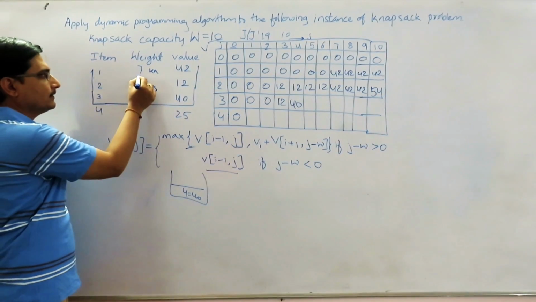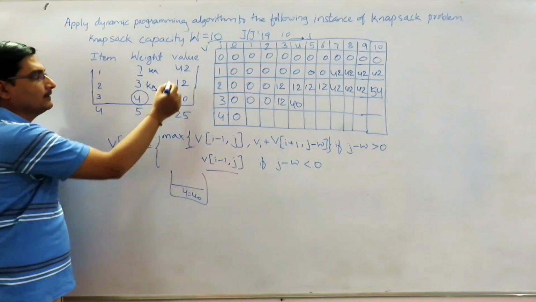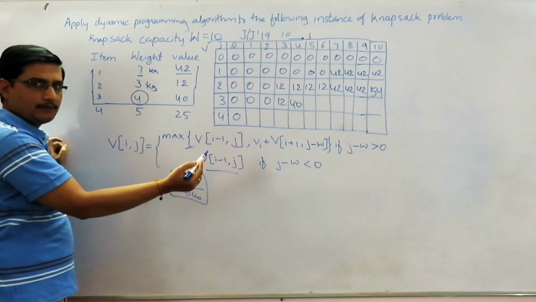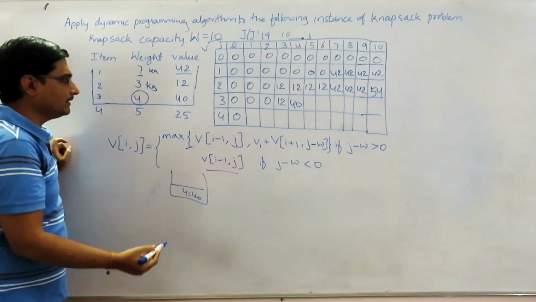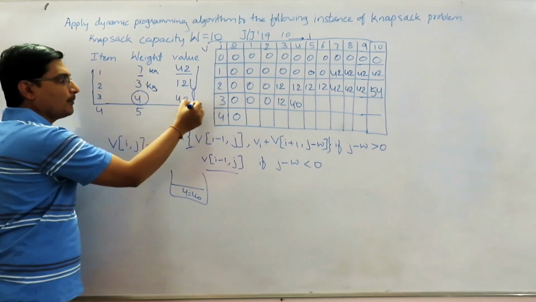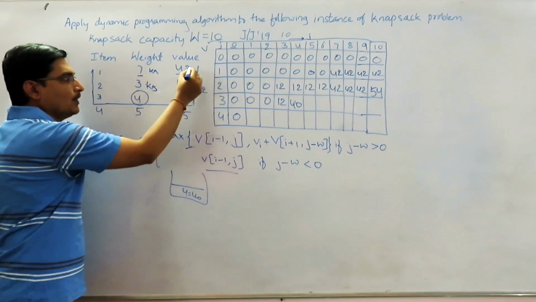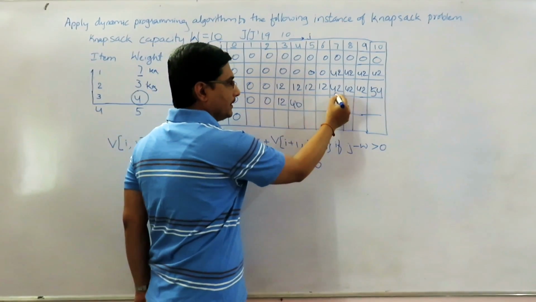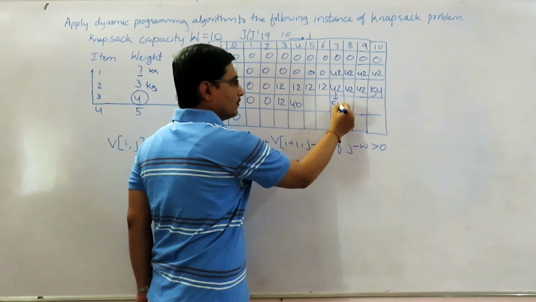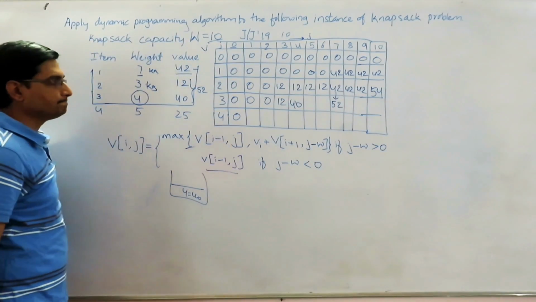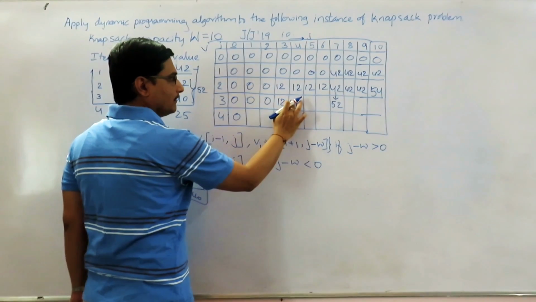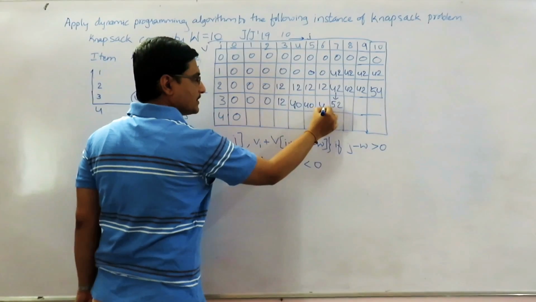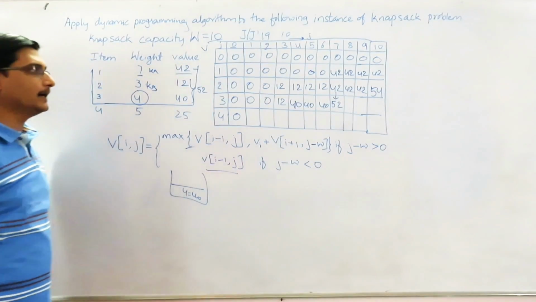And if we enter the first object, the value gained is 42. So when the capacity of the bag is 7, we have to go for these two combinations, which will give us 52 instead of 42. So for 7, instead of this, we are going to go for 52. And the remaining previous column entries will be 40 only, which is greater than this 12. So it remains as it is.